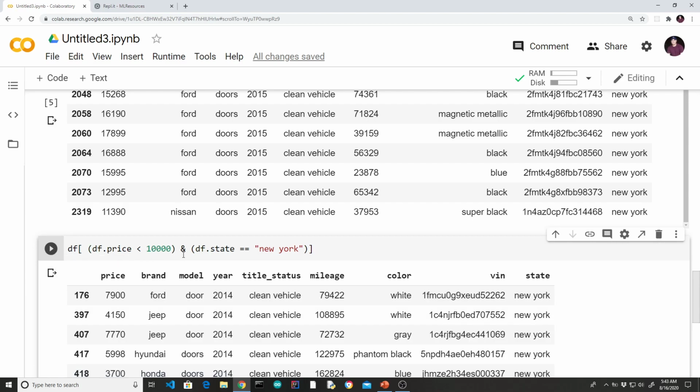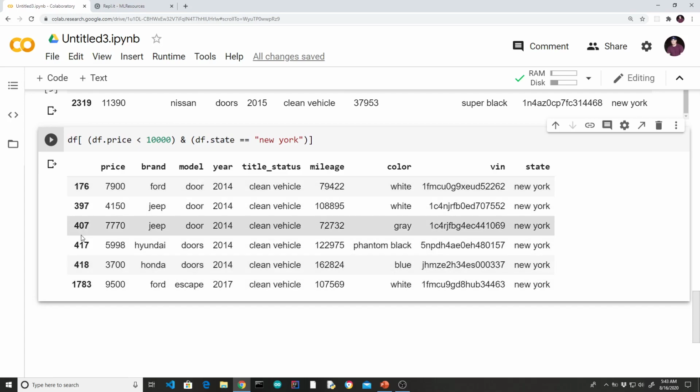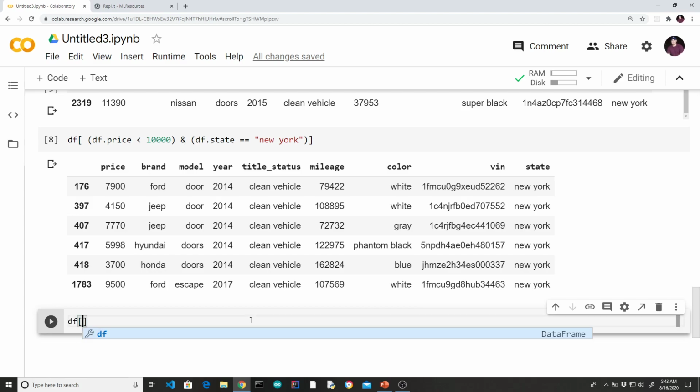Okay, so there we go. With the price less than 10,000 in the state of New York, we can see here we got 6 vehicles back. All right, so let's take a look at another logical operator. Let's do the OR. So let's say DF,